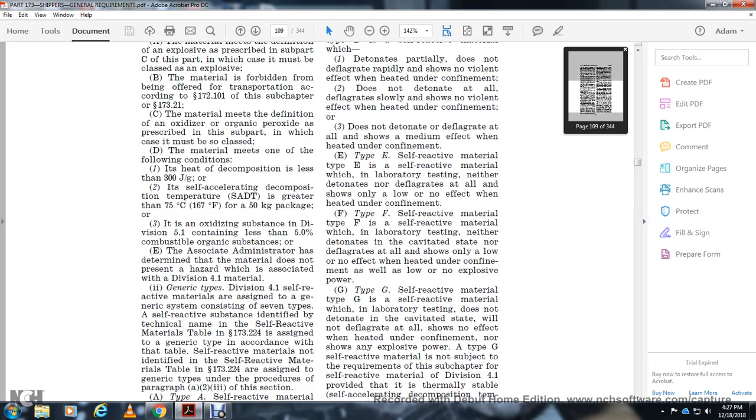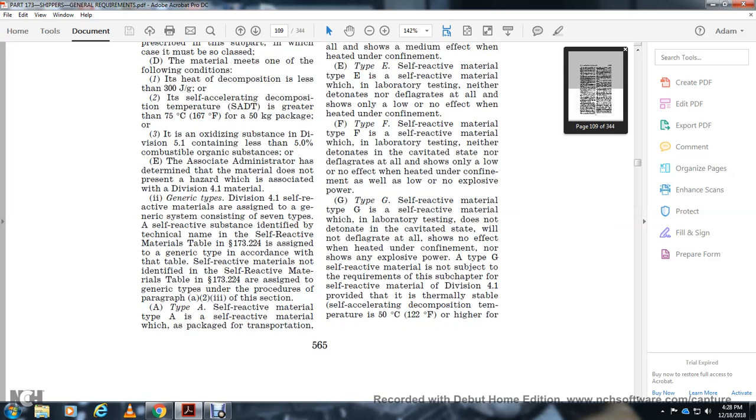Generic types. Division 4.1 self-reactive material is assigned to a generic system consisting of several generic types of self-reactive substance, identified by technical name in the Self-Reactive Materials Table, 173.224, with the assignment of the generic type that corresponds. A self-reactive material not identified in the table is assigned a generic type under the procedure of paragraph 2.3. Type A self-reactive material is a self-reactive material that, as packaged for transportation,